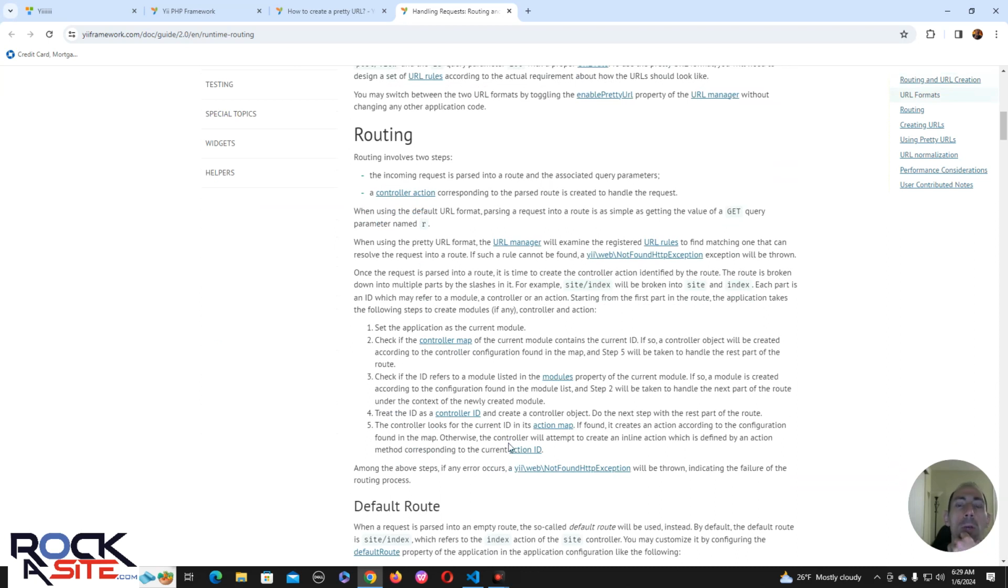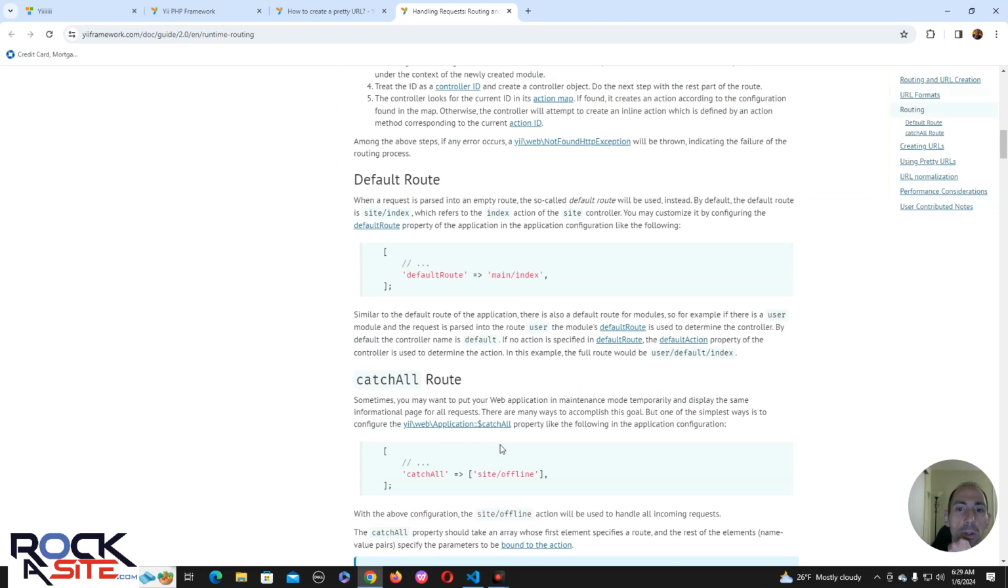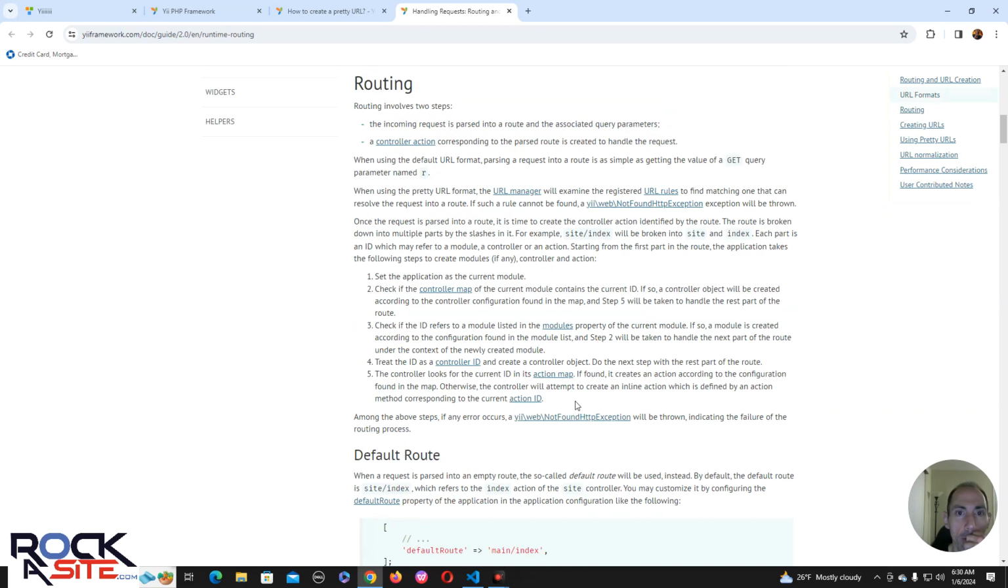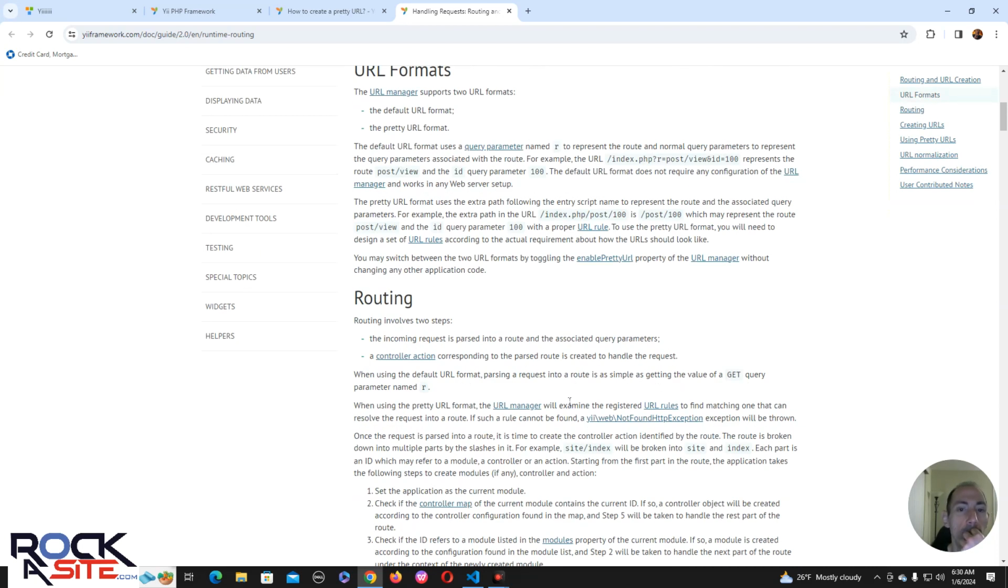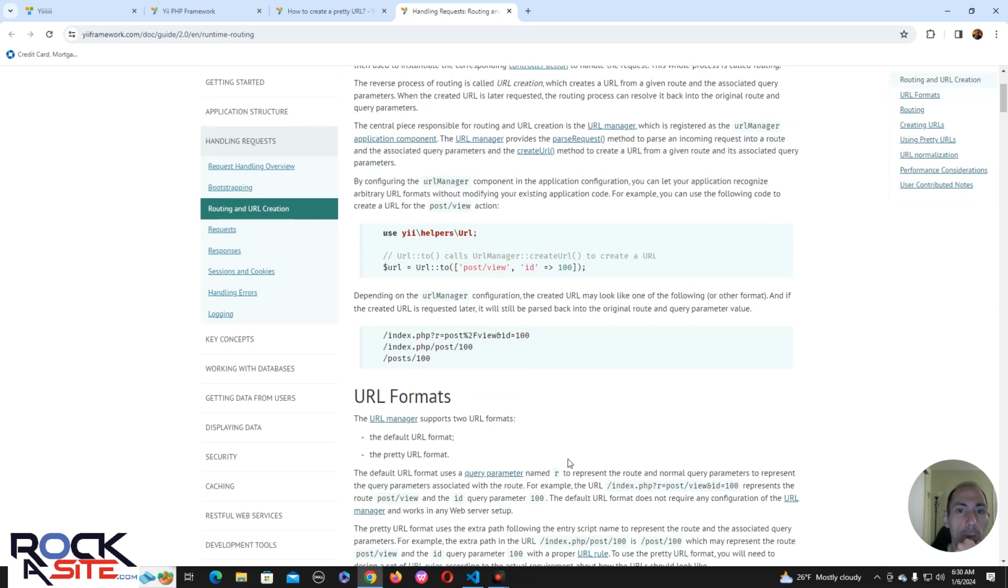The incoming request is parsed to a route. Controller action responding to a parse. When using the default URL format, parsing a request into it. When using a pretty URL, the URL manager is the registered URL. Default route. When a request is parsed into an empty route, this is the default route. You may customize the default route. Okay, so I think that would be in the configuration. All right, so we're doing